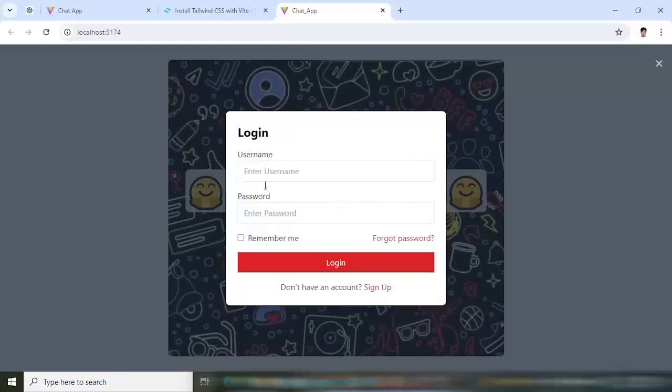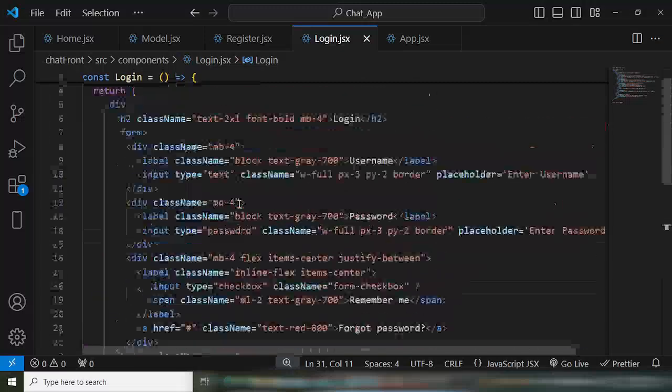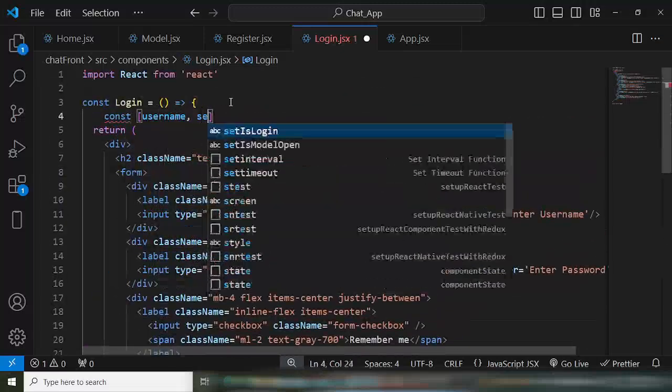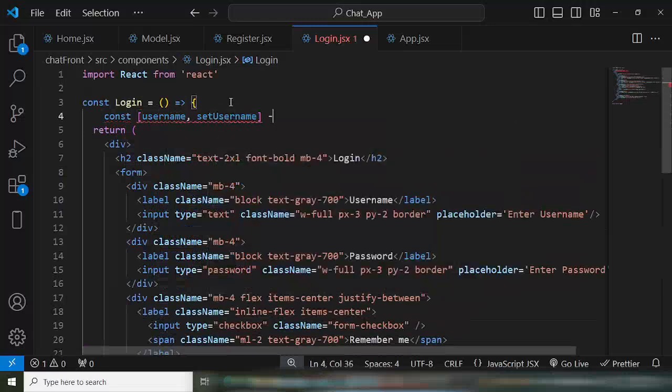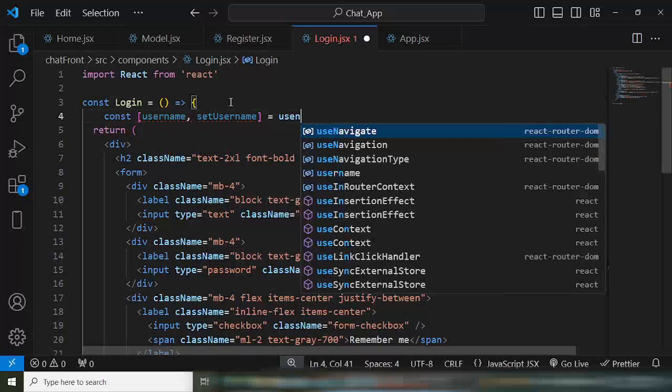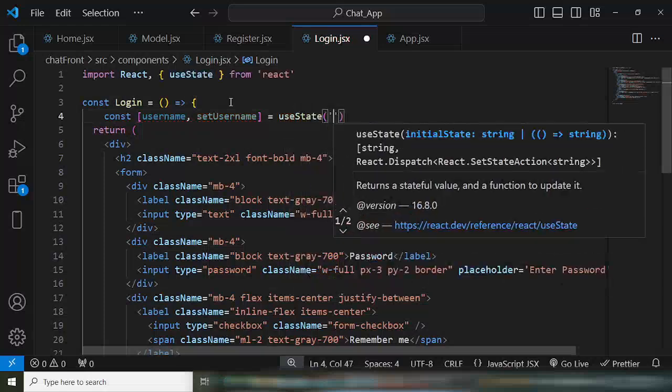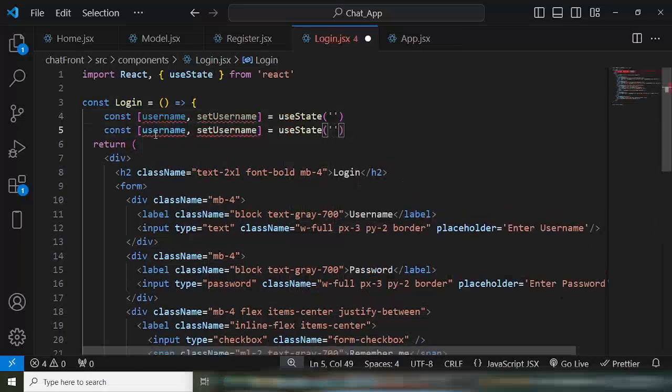So it is the result, and it looks like this. So now let's create two variables to store these values. Let's first of all create two variables, const username, setUsername, useState, default value an empty string, and also for the password,